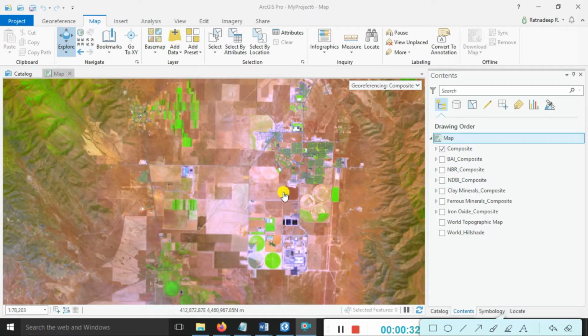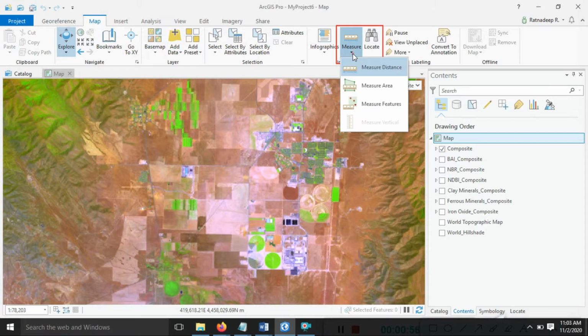Basically we do the practical in these sessions. I show you how to do it. So I show you exactly how to do the measurement of our area. So basically you can see here the menu options. In between having the map menu, go inside and you can look here. This is a measurement tab. Just click on that measurement tab.